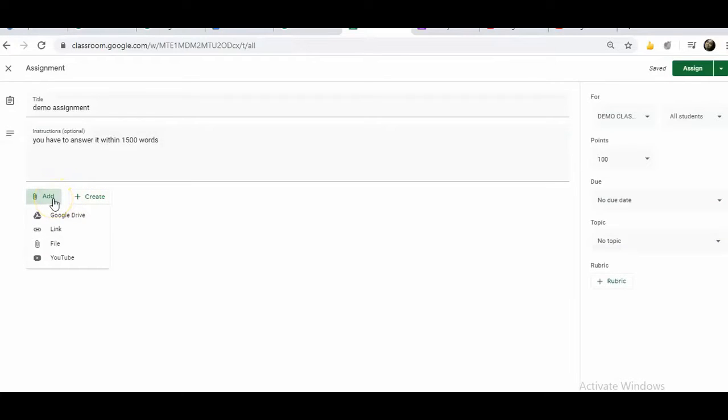So if I click any of the links or files, for example, I want to select